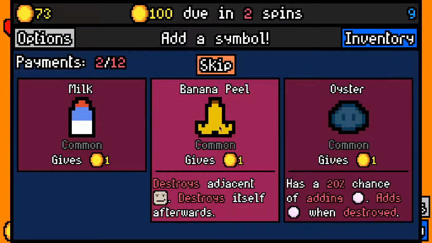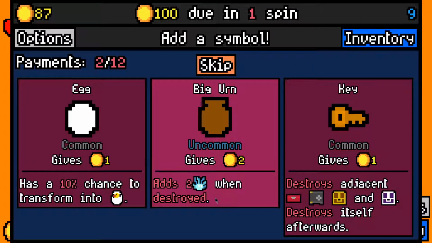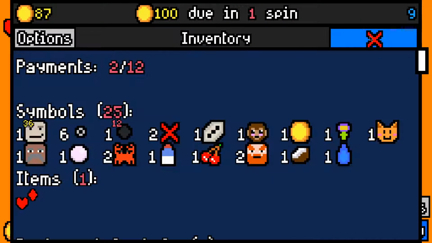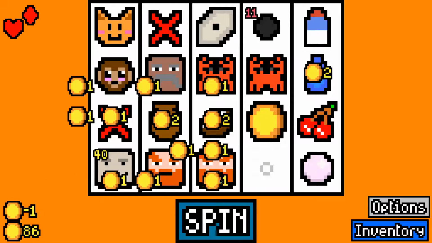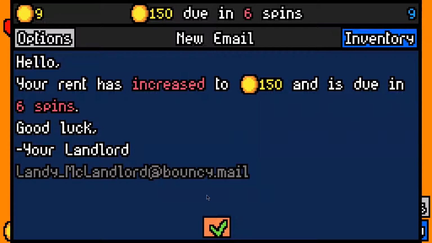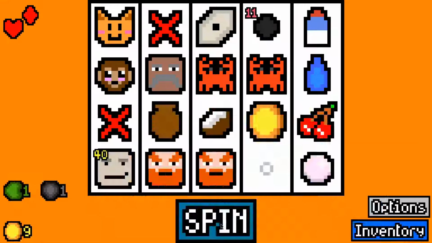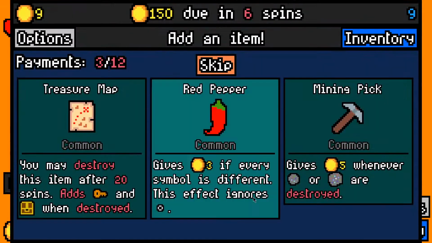2 spins left. Yeah, we should definitely make this. Let's take a milk for the cat. It would help if something got eaten, however. Do we want a key? No, let's take a big urn. It's worth 2. Destroys well. Actually, nothing got eaten, but we still made rent with 9 left over. That's good. 150 now due in 6 spins. I guess I could take a tedium capsule and I could take...